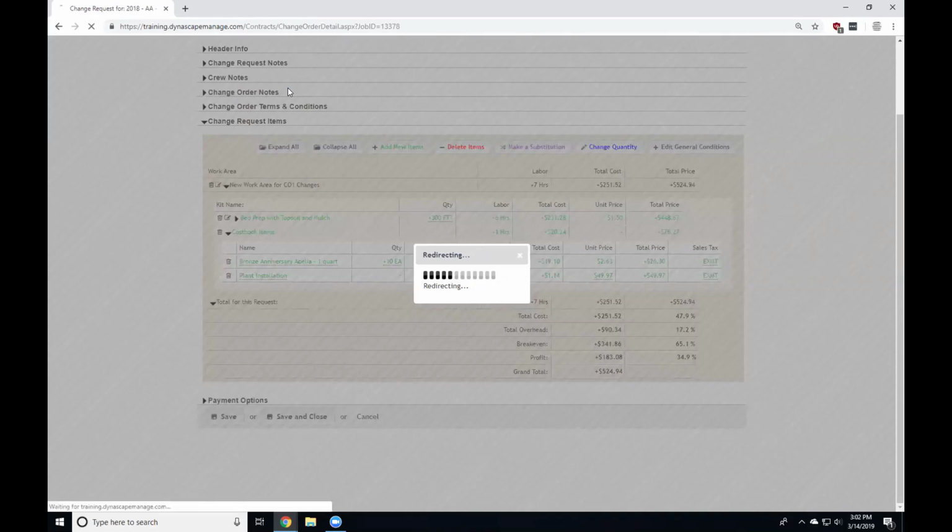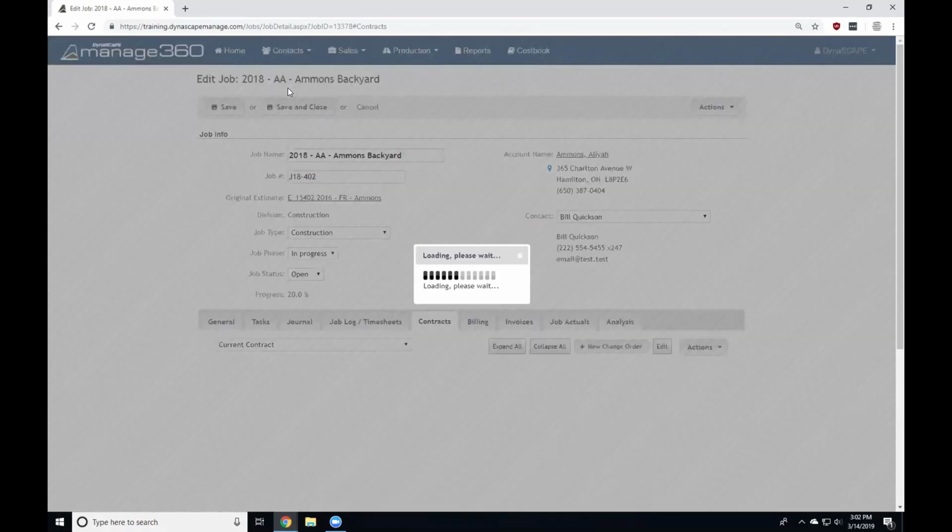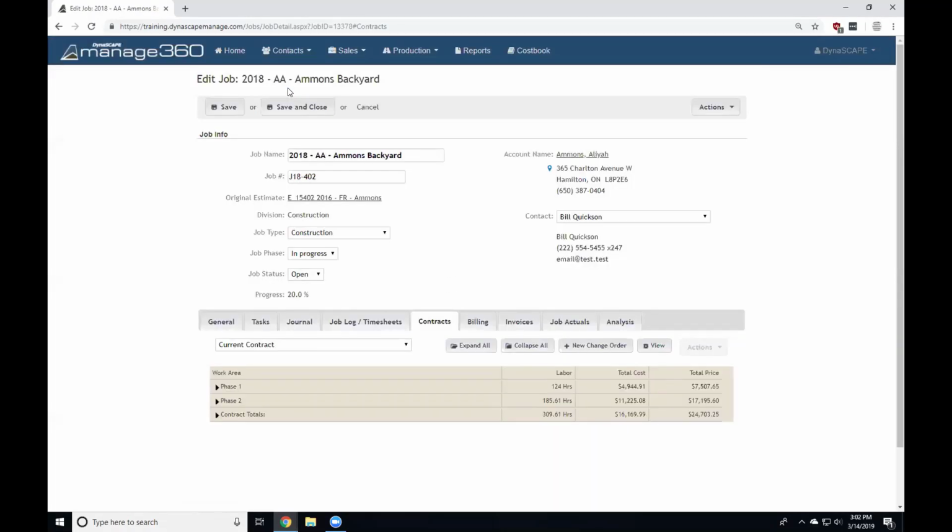So again, just as a reminder, this change order is still pending. Nothing has been altered on my current contract. My invoices, my jobs, my billing, my job actuals, all 100% the same still. So I'm in the contracts tab still here. And now, once you've saved it, in the drop-down list where it says current contract, I will now have the current contract and the original contract and any change